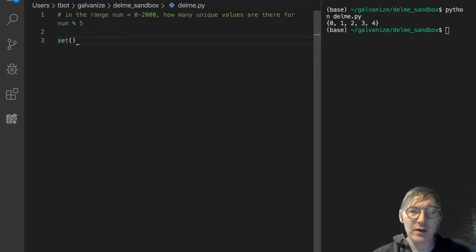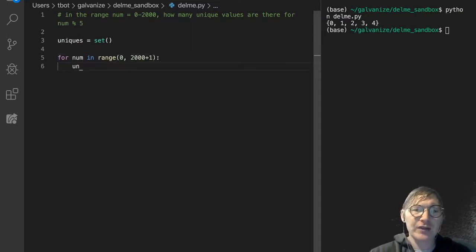So here we've got the set constructor, and I'm going to name the set uniques, and I'm going to say for num in range, and we'll go from 0 to 2000 plus 1. I'm just going to be inclusive there. And let's just do uniques.add, and we'll add num modulo 5. So that's going to give us